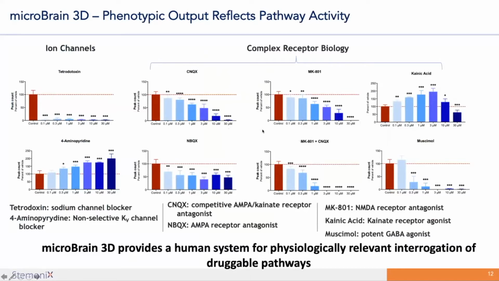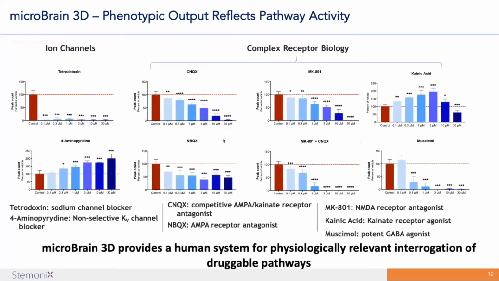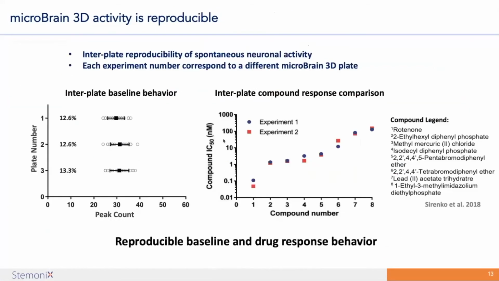And we can see that in a dose-dependent fashion, we can see impacts on peak count. So that is the number of peaks that occur from the spontaneous activity. So thus, in summary, we've got a microBrain format that's amenable to look at CNS or neural function in the dish. All right. On top of that, to make sure that it's usable or implementable, we want to make sure